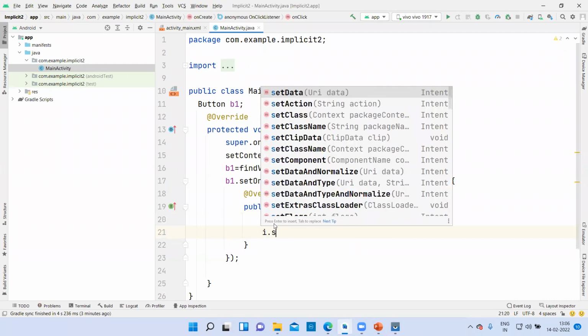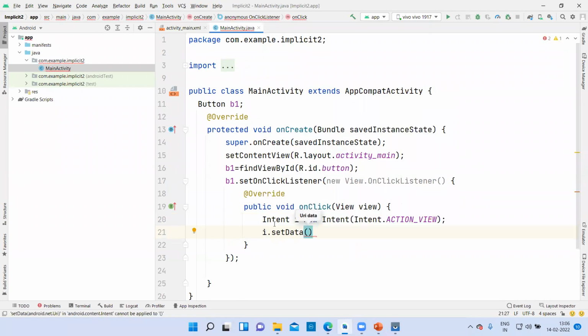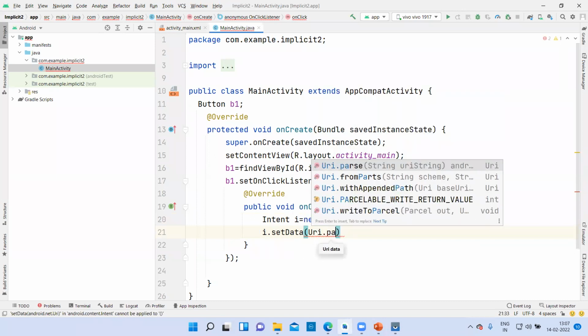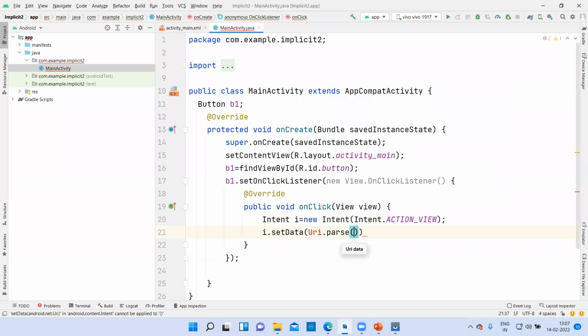Now what we want to show is the website. So I will write i.setData, and you will pass the address, Uri.parse, uniform resource identifier dot parse. Let me import this class.